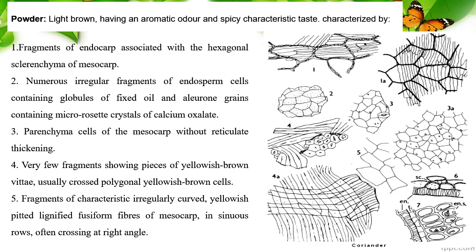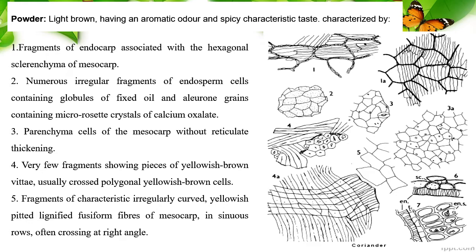Parenchyma cells of the mesocarp without reticulated thickening as in fennel. Few fragments showing pieces of vittae,